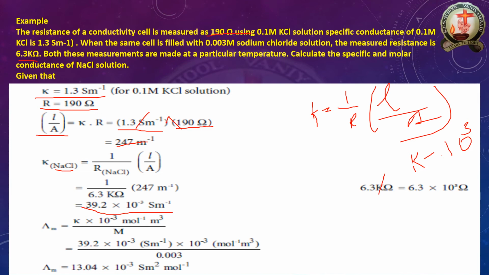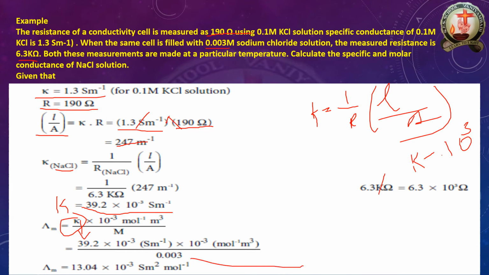Okay, we are getting this one for the simple multiplication. But now I'm going to see that molar conductivity. Molar conductivity Λm is equal to κ into 10 to the power minus 3 per mole meters cube by molarity of the solution. So what is the kappa value? Kappa value we are already find out here. I'm going to simply substitute this kappa value 10 to the power minus 3 per mole per meters cube. Then what is the molar solution of this one? They are already given that also, 3.003 moles of sodium chloride.